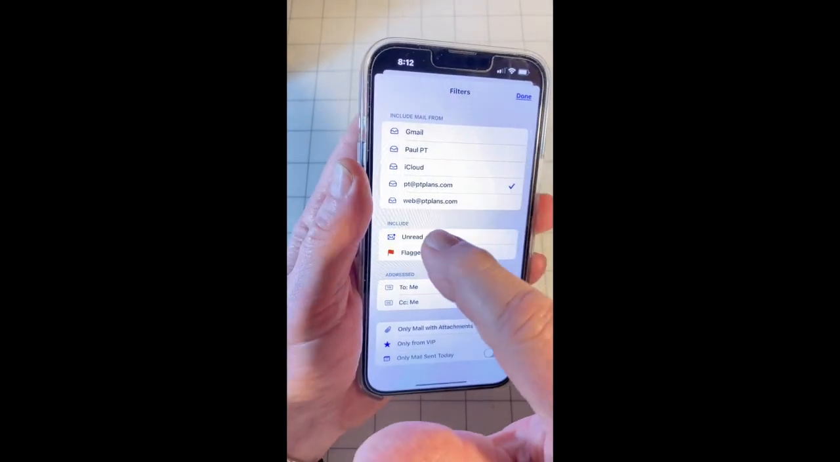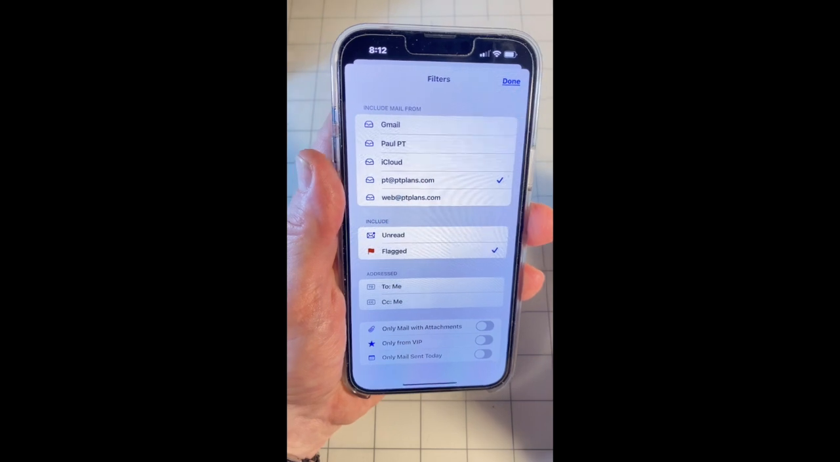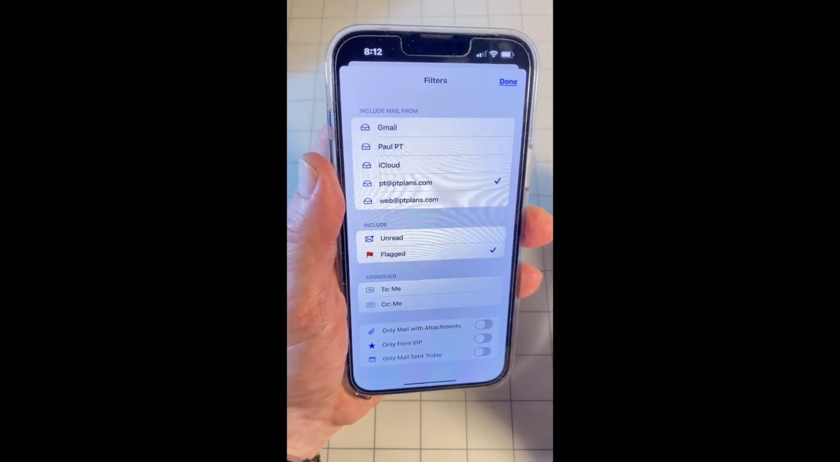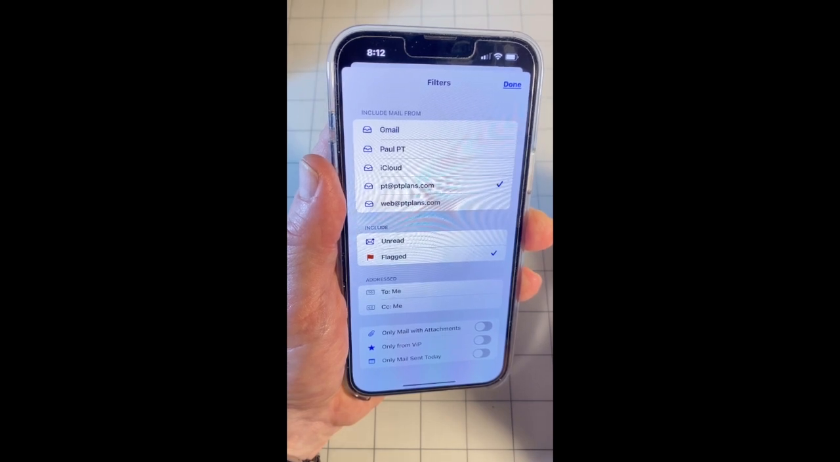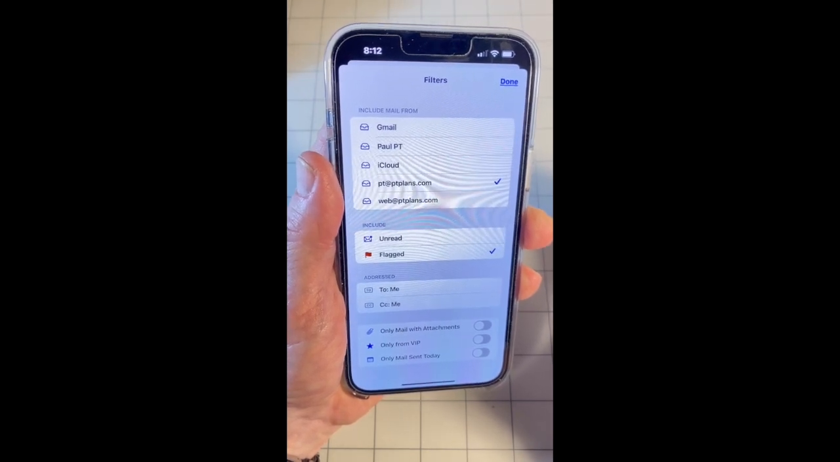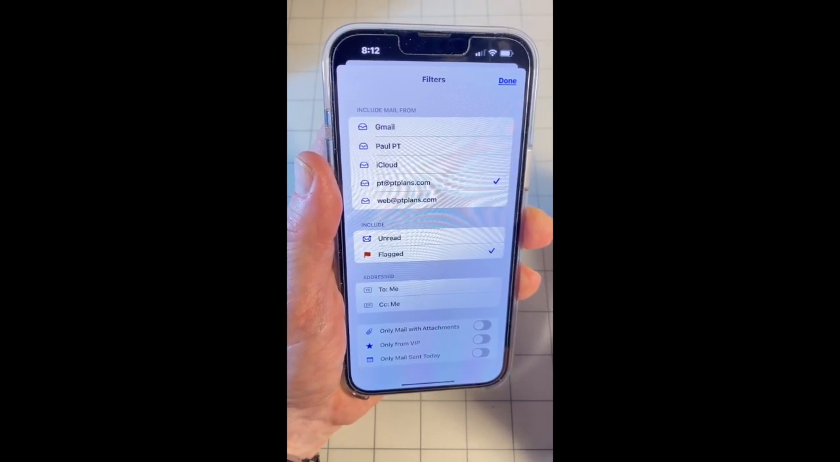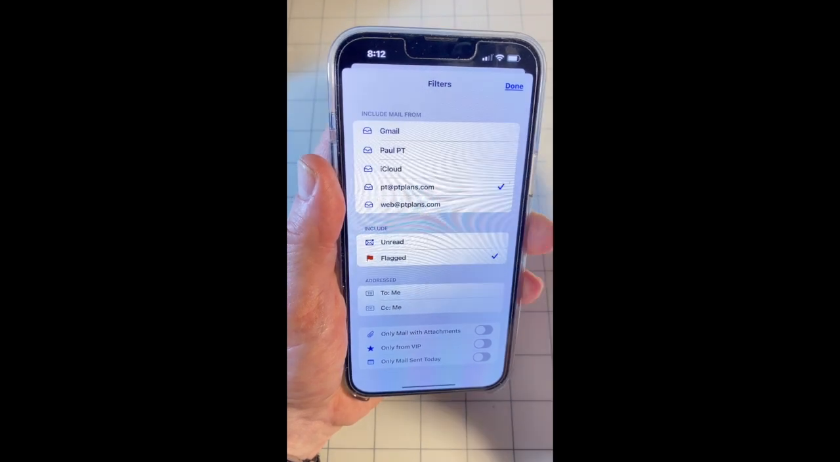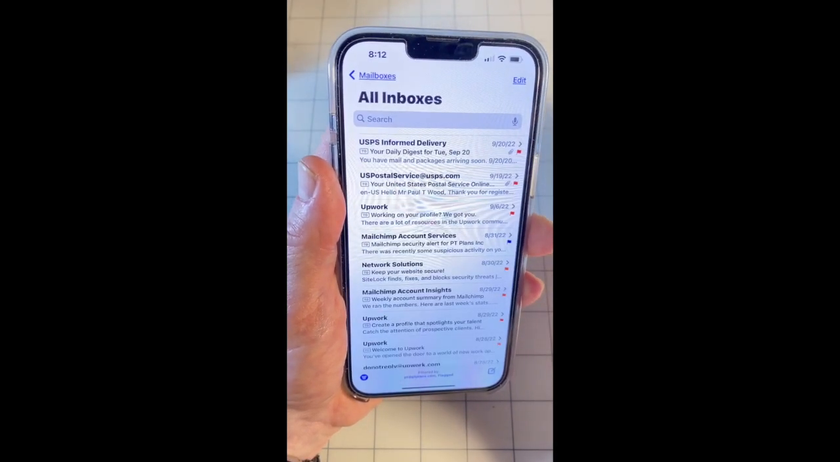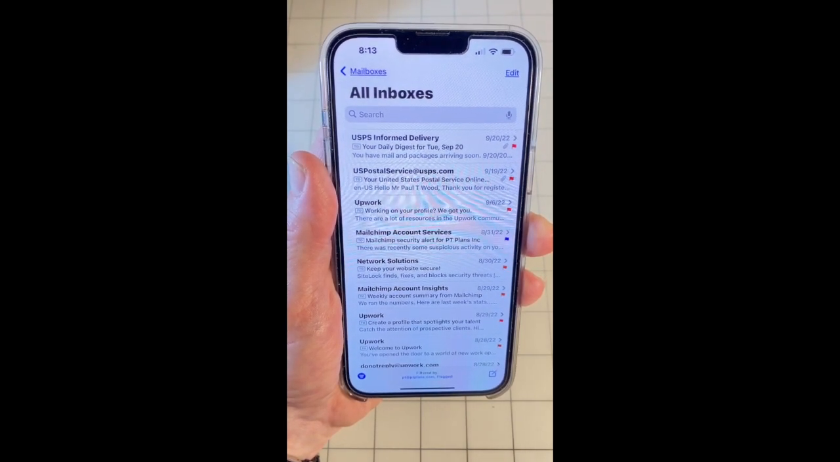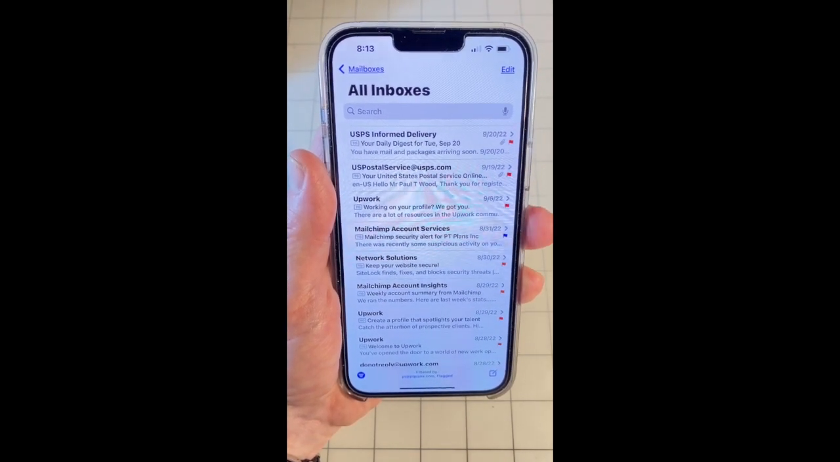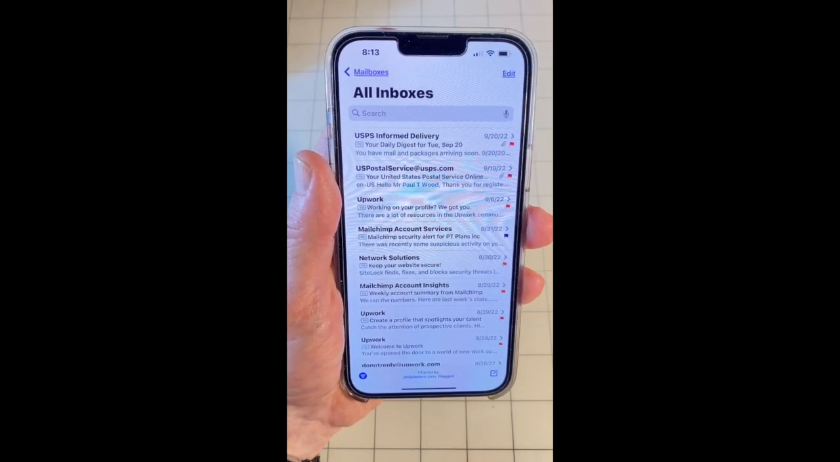I'm going to select flagged. So this will give me my emails in my email address, pt@ptplans.com, and show me all of the emails that are flagged. Then we click done. Now I can see all the email addresses that I flagged in my email account,